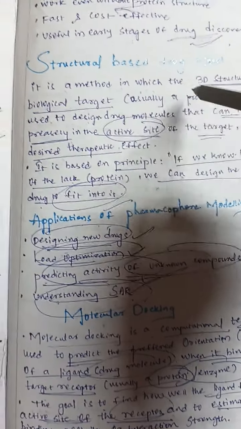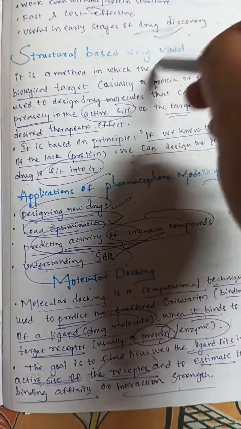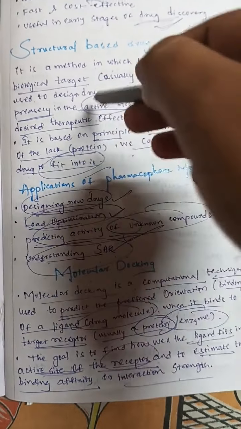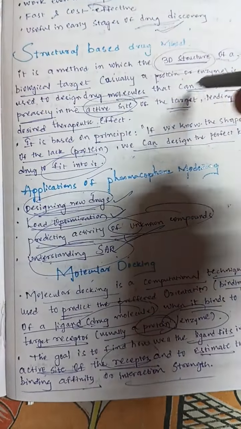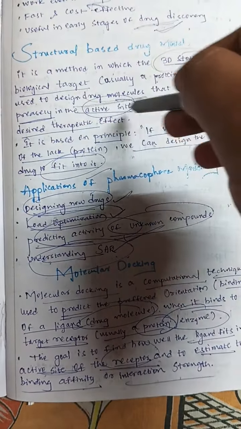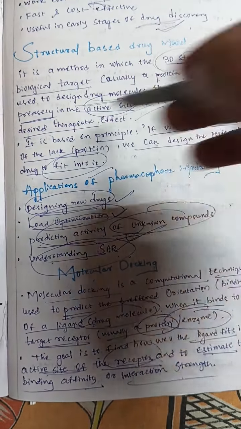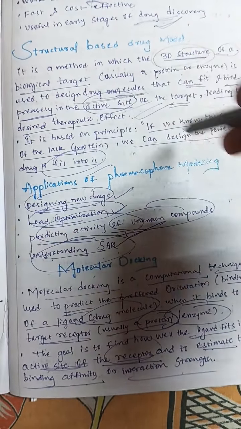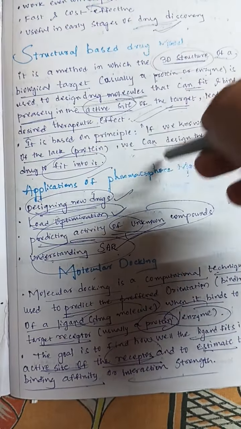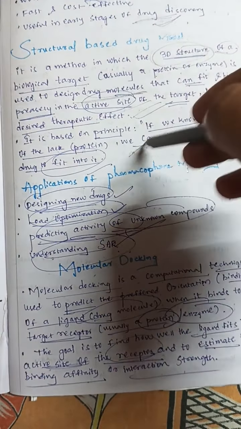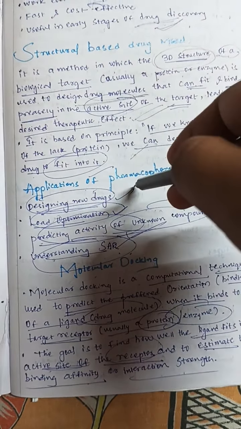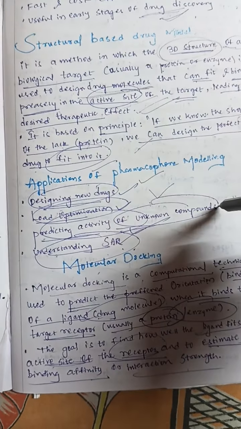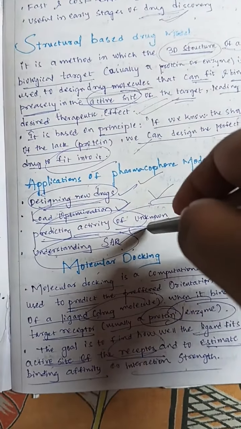In structure based modeling, we need the 3D structure of the biological target, usually a protein or enzyme. Then drug molecules can be designed to fit and bind precisely in the active site of the target, leading to the desired therapeutic effect. We know the shape of the protein, so we can design a perfect key to fit in, like the key and lock model. Applications include designing new drugs, lead optimization, predicting unknown compounds, understanding